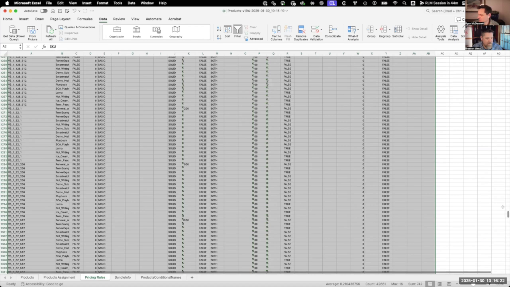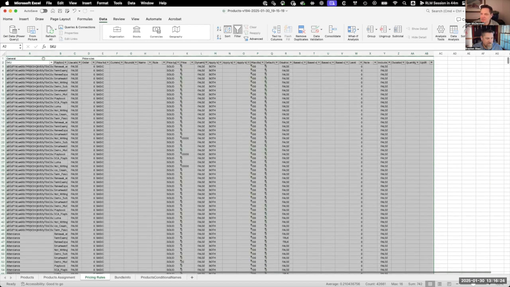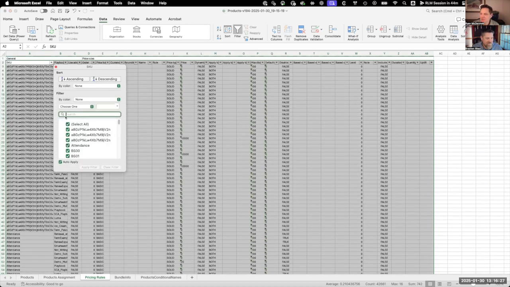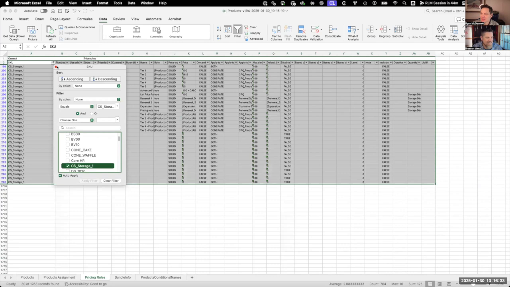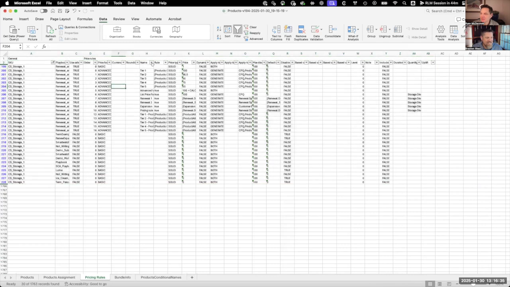This is just a demo environment, but somehow we've managed to really clog it up with quite a bit of stuff, I think. Got a lot of demos. Here we go. CS storage one. Yes. All right, cool. So we see